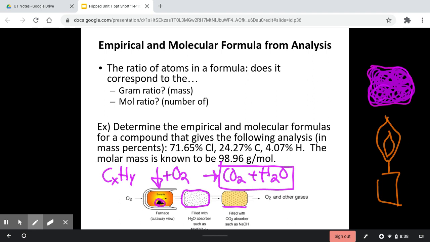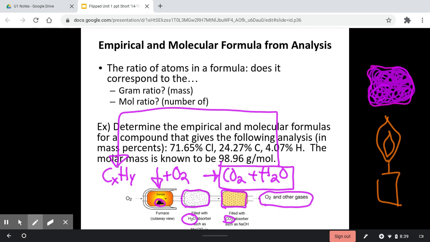So you're going to get out gases. Now, it might not always be these gases, but a lot of times these are the easiest ones to deal with. And so you're going to collect these gases in these chambers. You can see this one is filled with a water absorber, so you can figure out how much water you have produced. This one's filled with a carbon dioxide absorber, so you can figure out how much carbon dioxide you produced. Oxygen and other gases are going to be passed through. If you have other gases that are forming, you're going to have to collect those in another way. And what you get out of this combustion chamber is